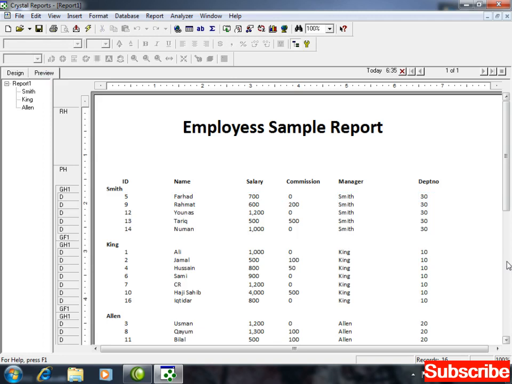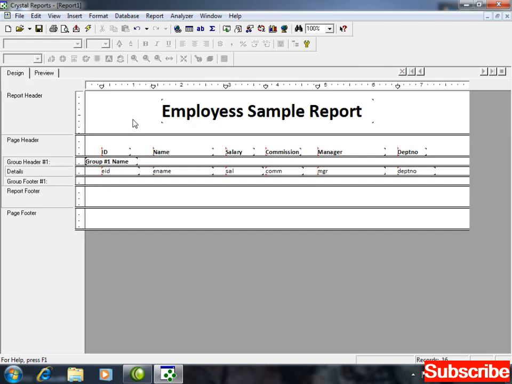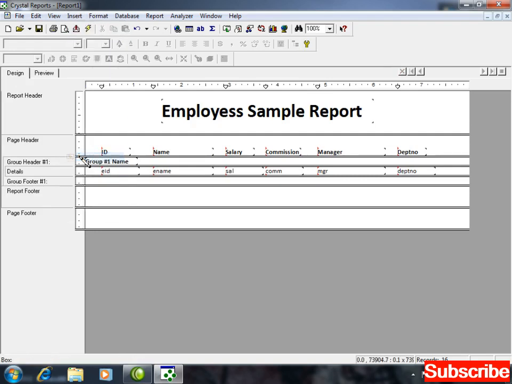Again I want to make it more attractive. So for that click on design, insert, box selected. Click and drag and drop.